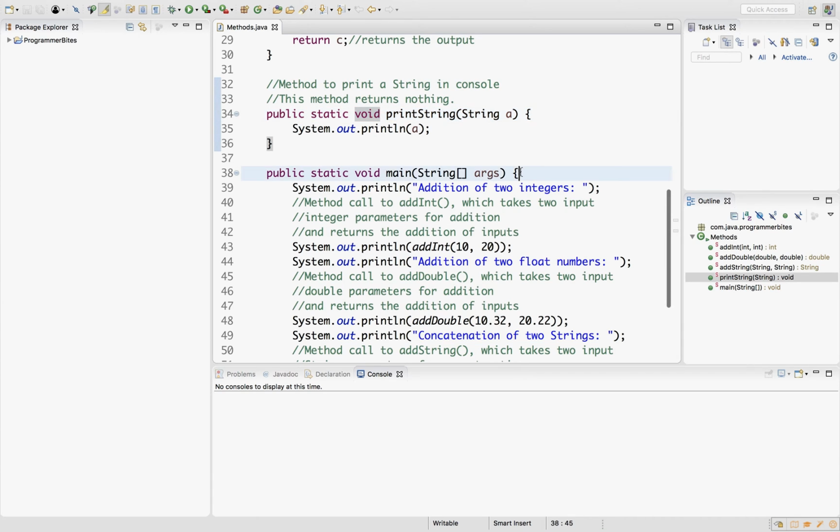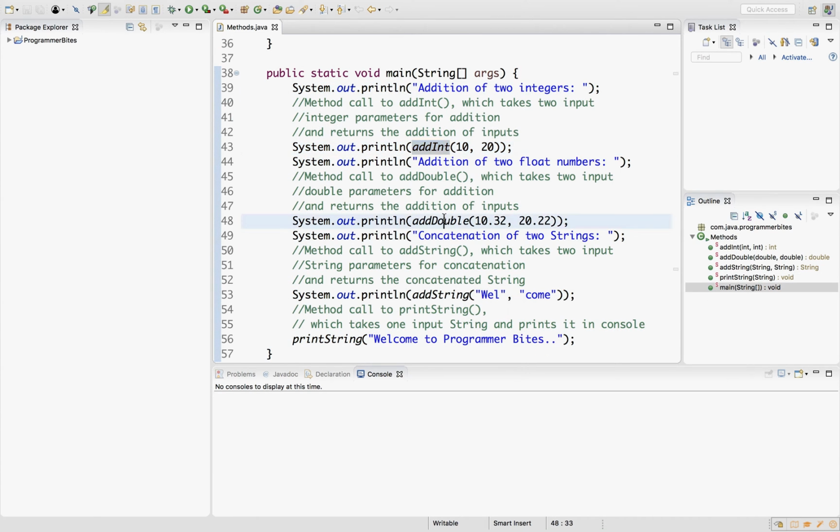We invoked all these methods inside the main method as the compiler starts from the main method. Calling addInt by passing two integer values 10, 20 returns the addition of the two inputs, that is 30.